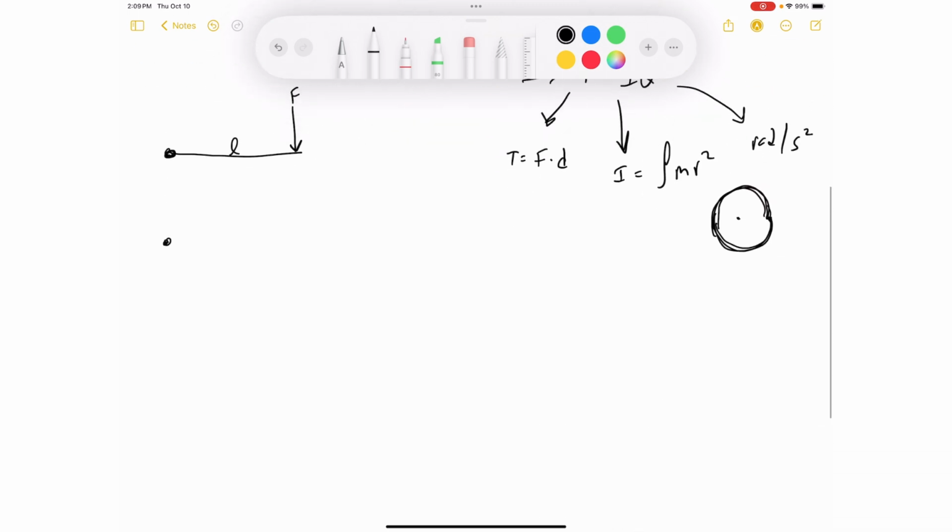Okay. So let's say you have this here, and let's say your force looks like that. And so your force is not at 90 degrees. Well, all you have to do is just change it, right? You can break your force down, that vector, into its components, right? And then you can figure out,